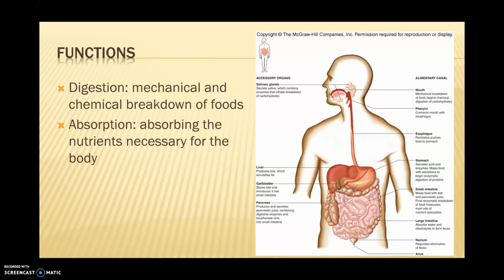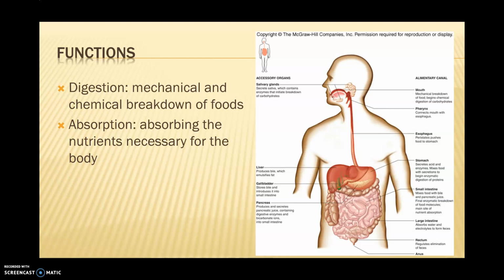So the first part is functions. There are two main functions of our digestive system, and that's going to be digestion, which is the mechanical and chemical breakdown of our foods. What that means, mechanical, that's the physical breaking down, ripping apart of our food. And then chemical is going to be a bunch of different enzymes that come together to help break down that food into its smallest pieces. So really mechanical focuses on breaking down the large portions of our food, where chemical breaks it down into the